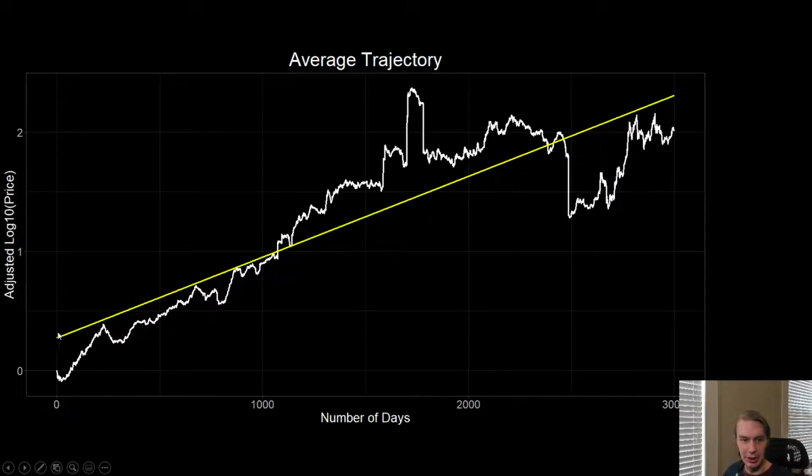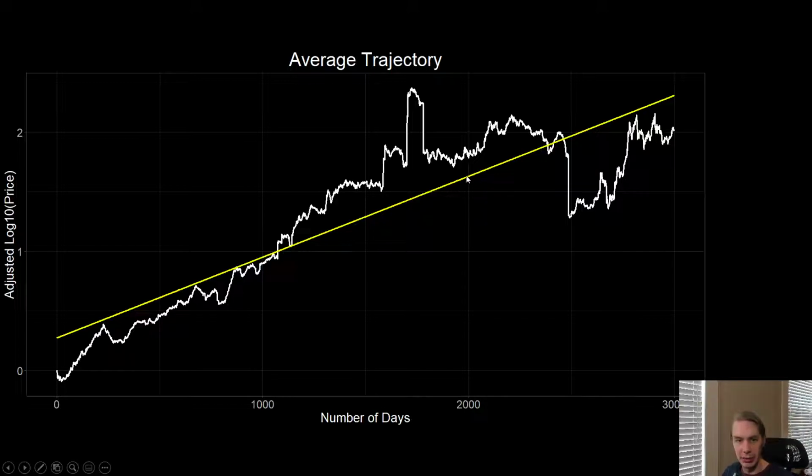And so what this essentially tells us is that the average crypto asset, and granted, the average successful crypto asset, because I've used assets that have been relatively successful to put this together, follows this general trend line. What's really useful about that is that we can look at a given point in a network's age. For example, at 1,000 days old, we'd expect the network to have at least 10x from its starting price. So on average, a successful crypto asset should 10x by day 1,000 of its network.